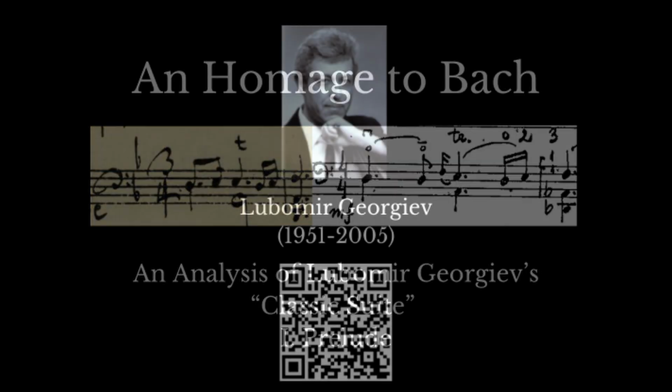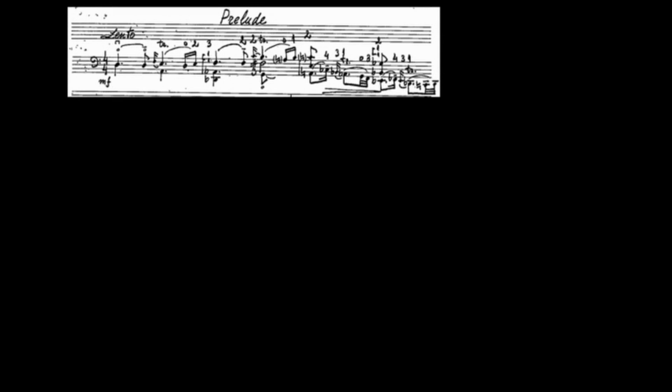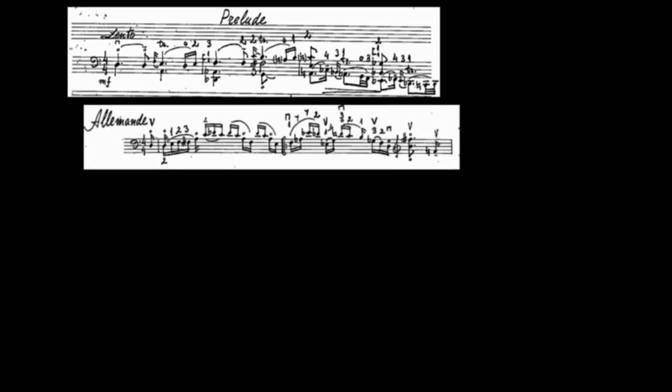Lubomir Georgiev's classic suite is composed in the form of a Baroque solo suite. After the pattern of J.S. Bach, the work opens with a prelude, followed by an allemande,